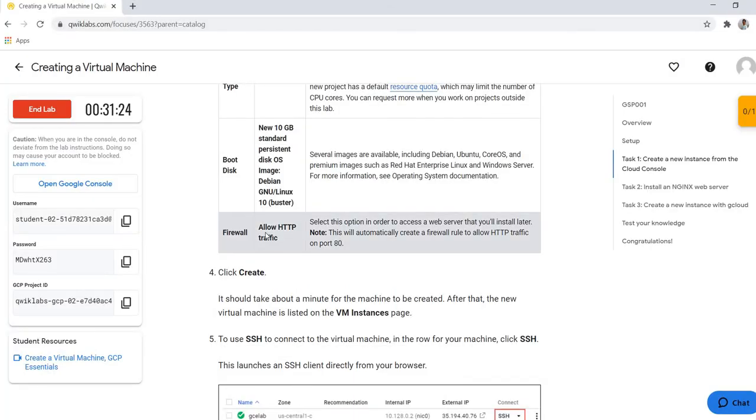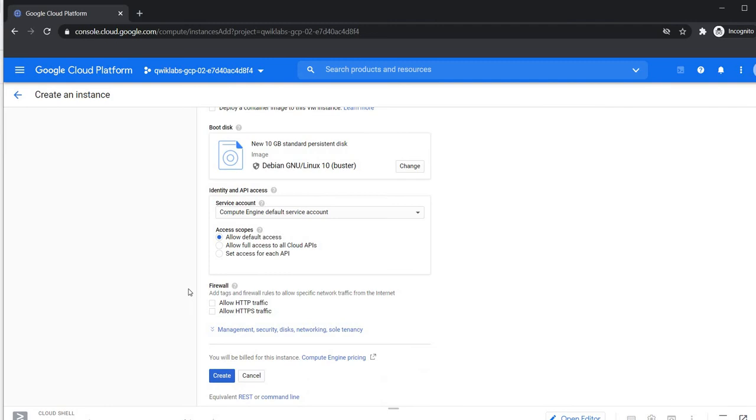Now see what is ahead. Here it is mentioned firewall, allow HTTP. So for this, we just have to check this Allow HTTP traffic, then click create.